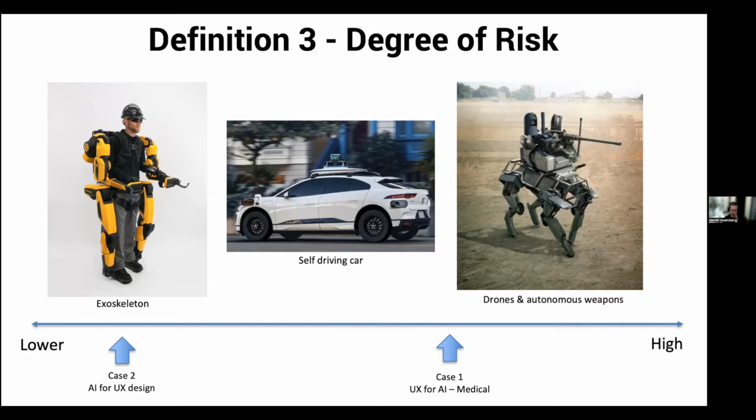Self-driving car is pretty risky. Designing something like an exoskeleton to move with humans and enhance human strength, and you see these in industrial applications today, the risk is lower, but you can still hurt somebody pretty badly if the exoskeleton does something crazy, right? So my case number 1 in medical is actually a very high risk case. And case number 2 is lower risk, but not at all without risk.